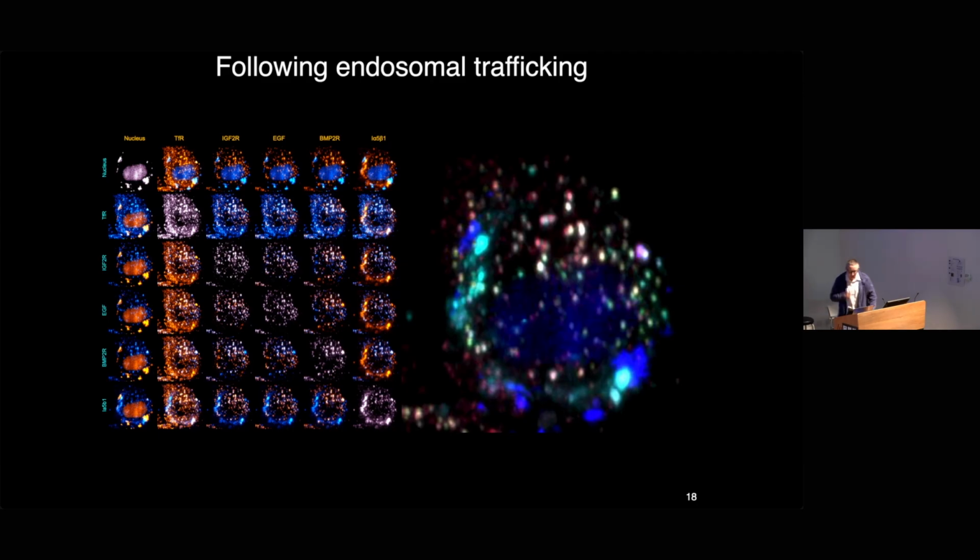And in terms of what it looks like, you incubate your cell with these different binders, leave it for a while, and wait for them to start internalizing. On the right here, we see all the colors overlaid. And on the left, we have what we call a pairwise interaction montage, which basically means you've got one thing in blue going along the row and another thing in yellow going along the column. And so you're seeing a 2-color merge of those 2 pairwise interactions. If I play the movie,